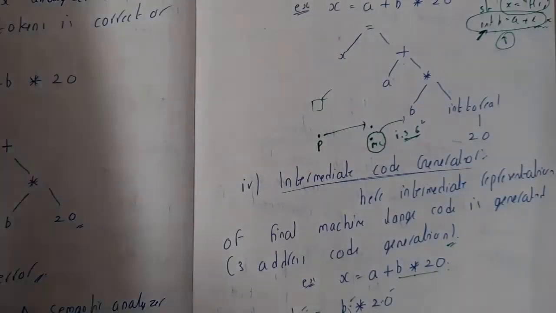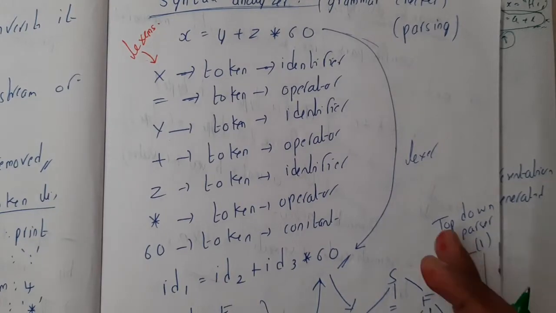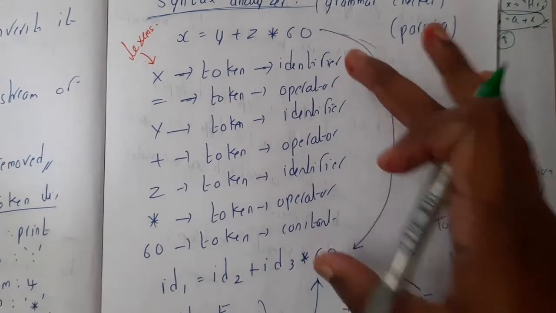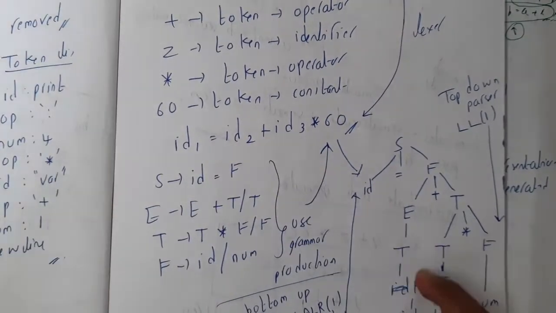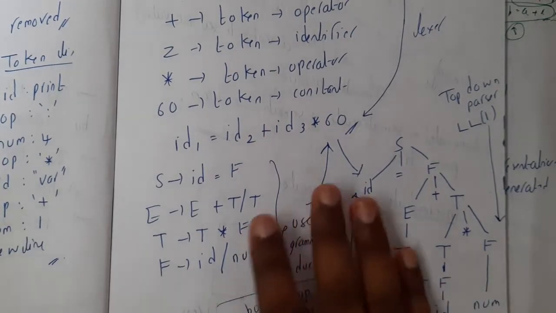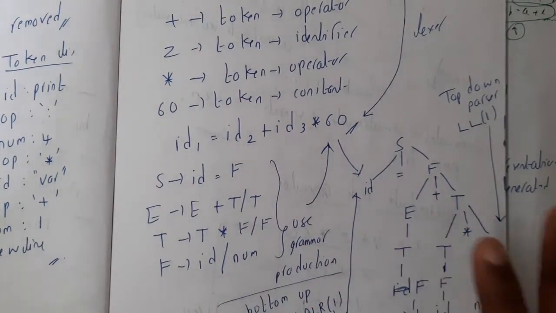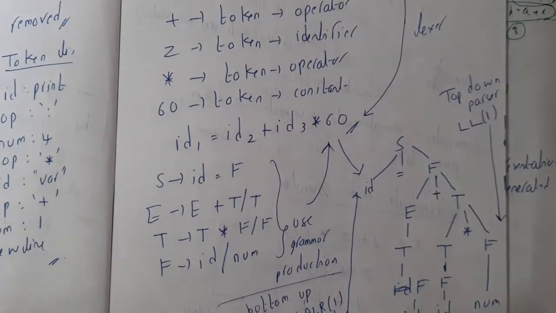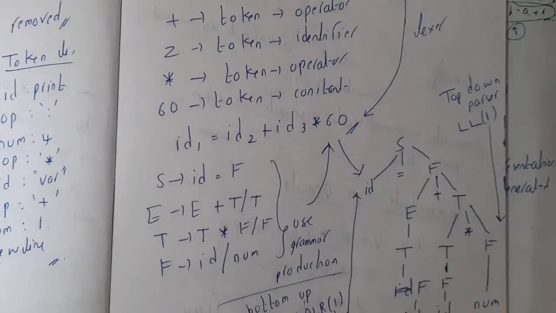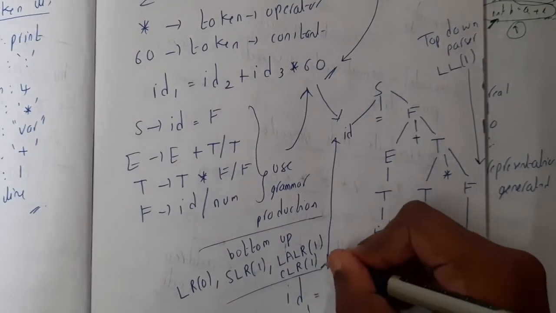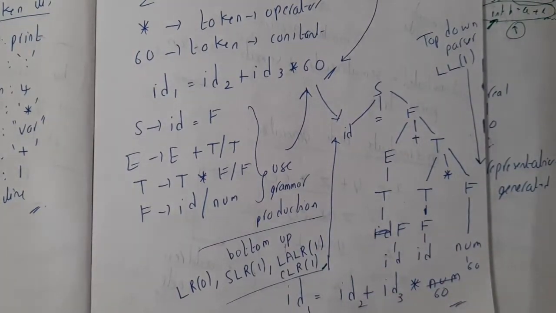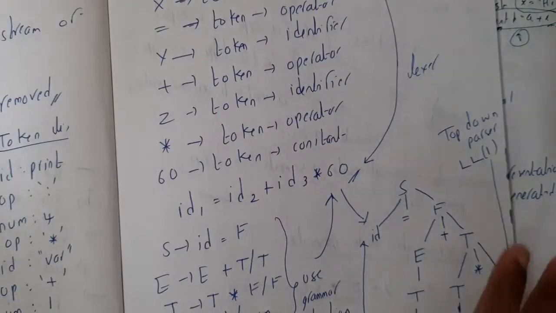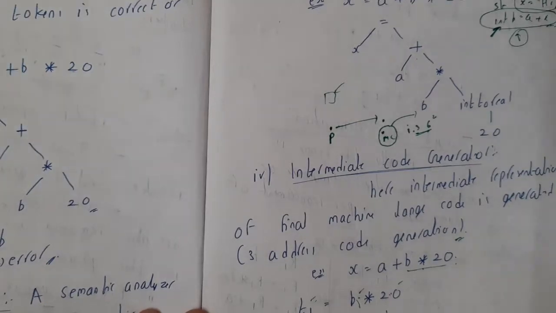In the same way I have written the example in my book also, but to make things interesting, instead of directly taking BODMAS, I wrote the grammar also, guys. I'll be explaining how you are going to work with the grammar and draw these graphs, so don't worry. We have dedicated lectures for lexical analysis, syntax analysis and all those things, so this is just an overview. In syntax analysis we are going to learn about all those parsers. I told you we are going to spend around 50% of the time on this topic, learning around 6 different parsers. So now you understood how important this is. Now let us move to the next phase.